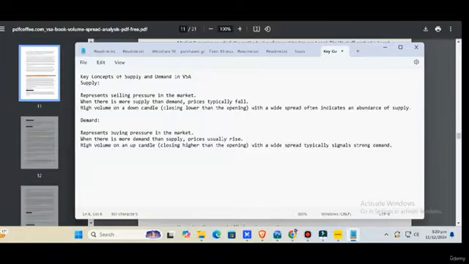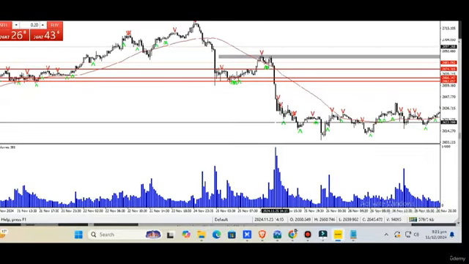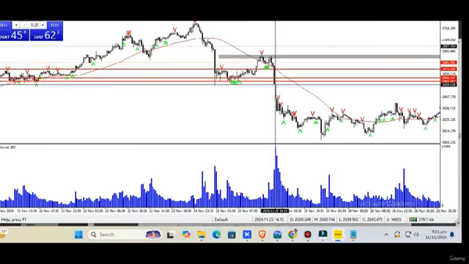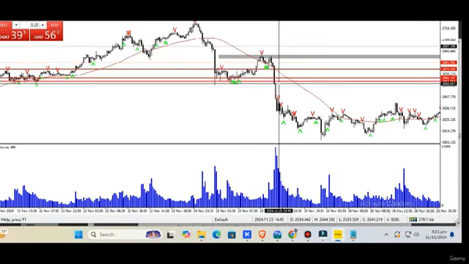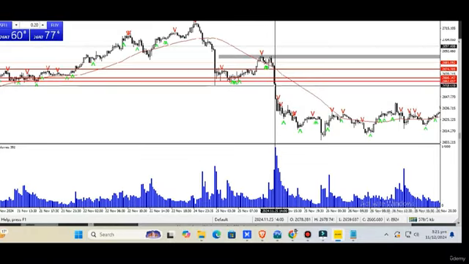High volume on a down candle. With all these three things, we can easily confirm supply in the practical session. First we will confirm the supply and then we will confirm the demand. For the confirmation of supply, it's very simple. Here you can see there is very high volume and the candle closed well below where it opened. Here it opened, here it closed.